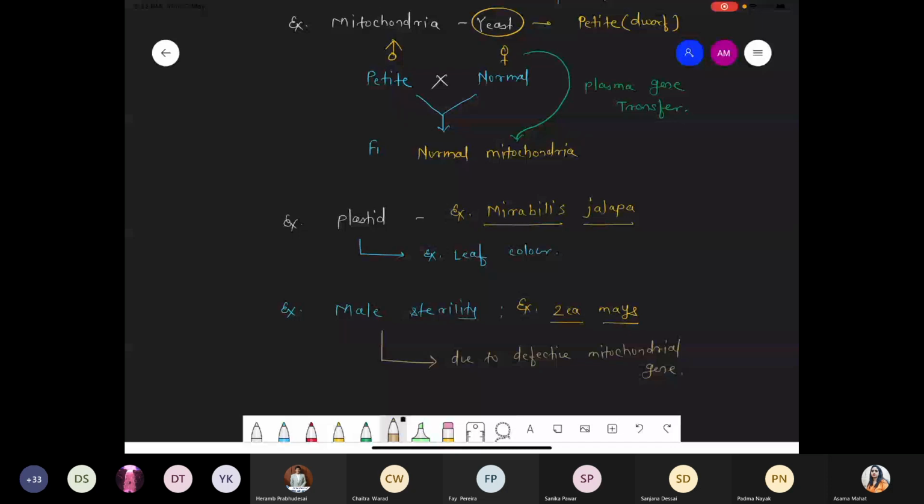Due to a defect in chloroplast, they observed three different colors of leaf. Sometimes a totally green leaf, sometimes pale, that is yellow, leaves are there. And sometimes they obtain a variegated leaf. Variegated leaf means that at some places green patches are there on the same leaf, green and white patches on the same leaf. It means something defective, a defective chloroplast or plastid, is produced. That's why they obtain such three different colors.